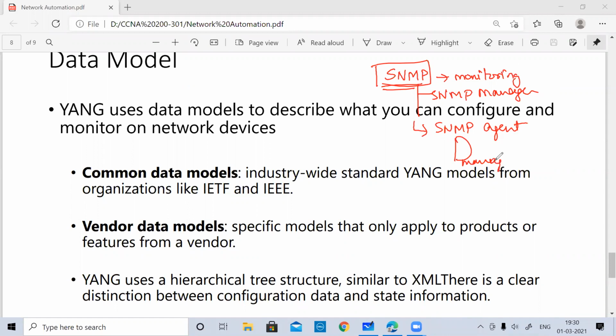So there is a server, or a computer system, where your manager is sitting, and there is your device which has an SNMP agent installed. The manager can regularly poll at some intervals of time, some minutes.